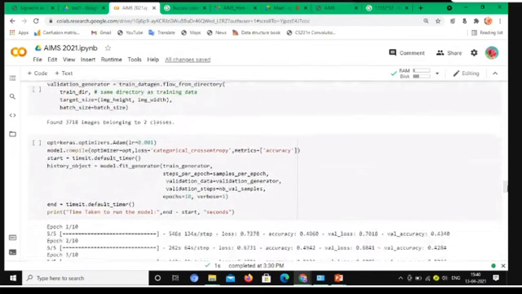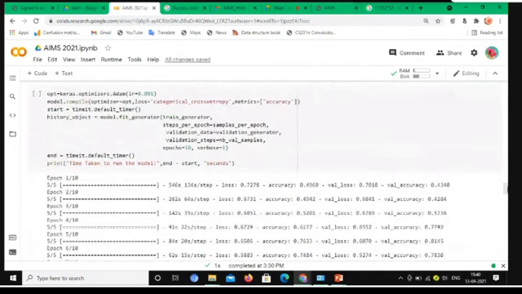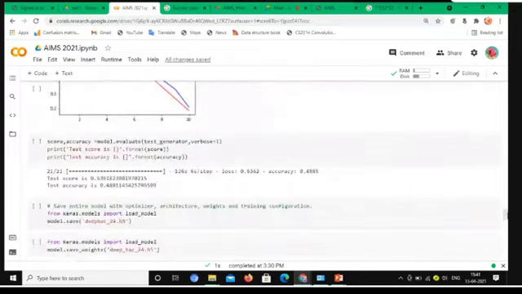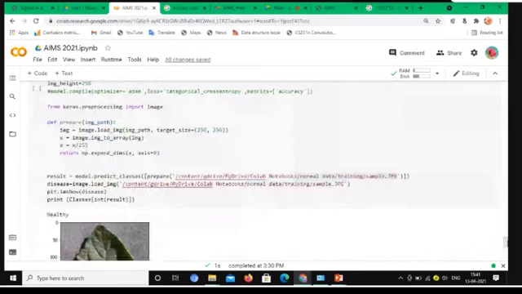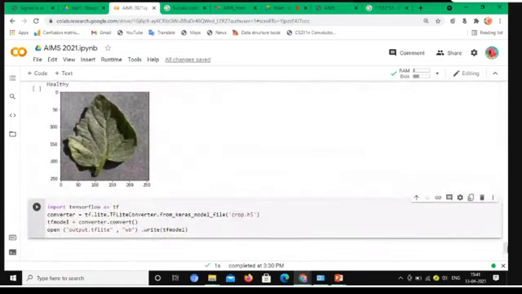So here is where we improve our accuracy. If your epoch size is bigger, the accuracy will increase, right? And finally, we test our model with our sample data. If we improve our model and want to convert it into a mobile app, we go for the conversion to TF Lite.